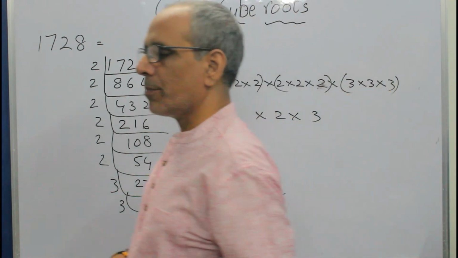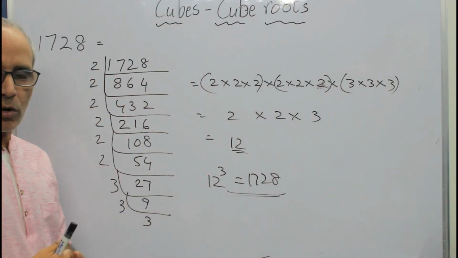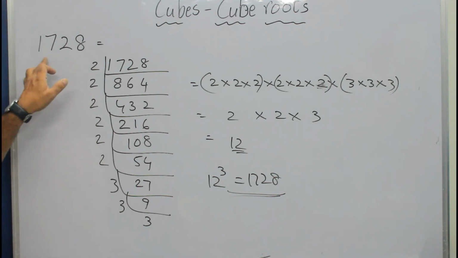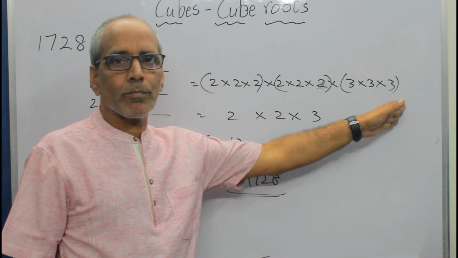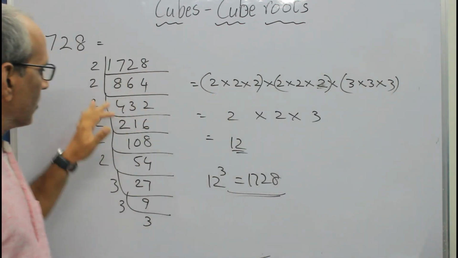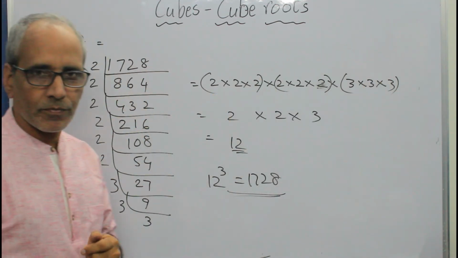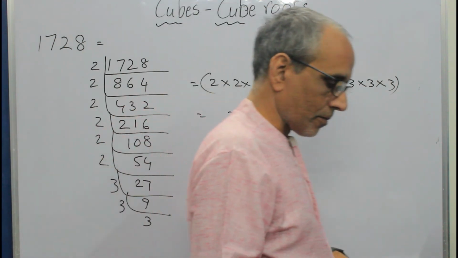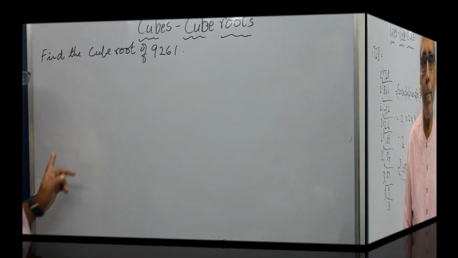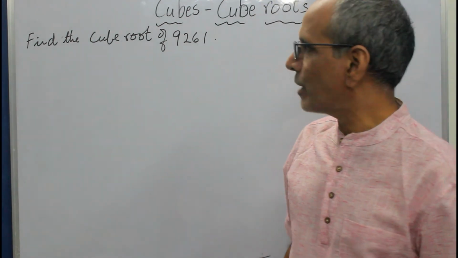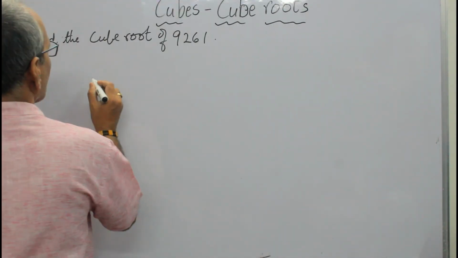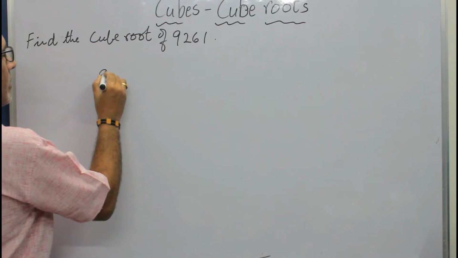Or else they may ask the question: find the cube root of a number. Whenever the question is to find the cube root of any number, you will get perfect triples. If you do not get perfect triples, you have gone wrong somewhere. Okay, that is the order. Next, let's find the cube root of this 4-digit number, 9261. First, resolve this into factors.